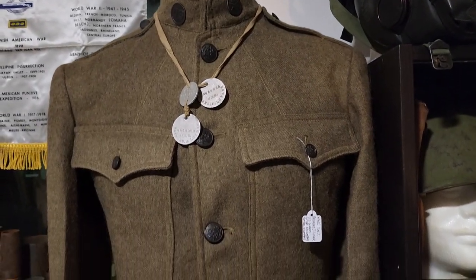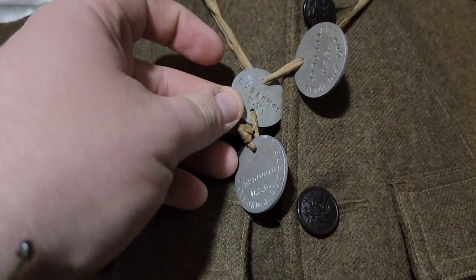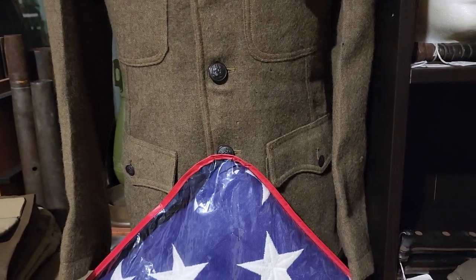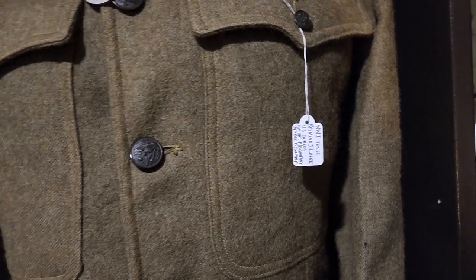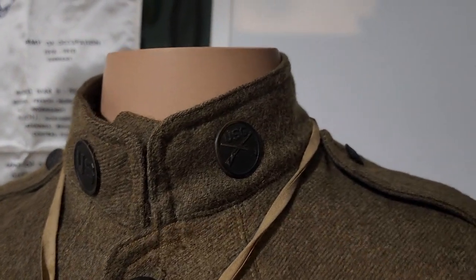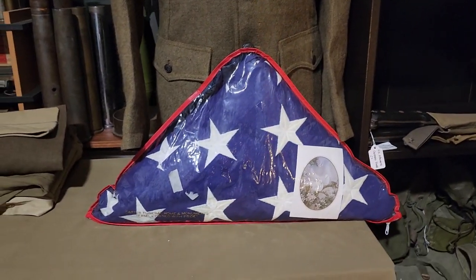This is the father, Raymond J. Luther Sr., and there's his dog tags right there. He was with the National Guard or the U.S. Guards. He was with the 16th Battalion and the 34th Battalion A&D Company right there. But it's got some cool collar discs right here. And it's got a really nice patch on the side. But really good condition. There's the burial flag for